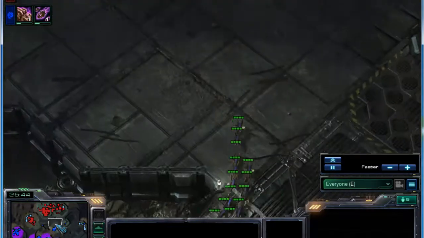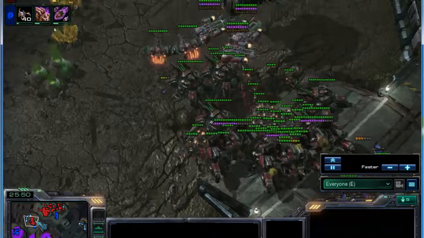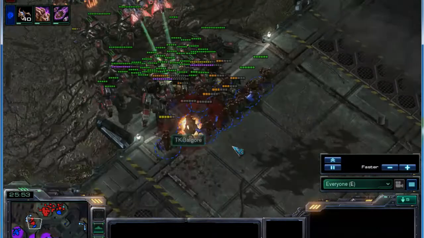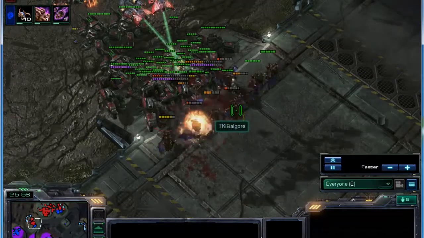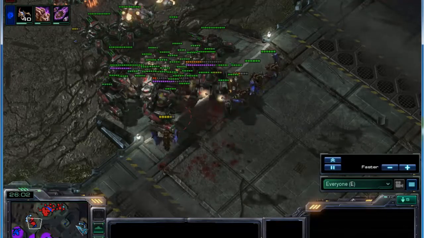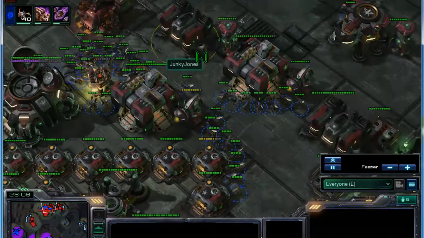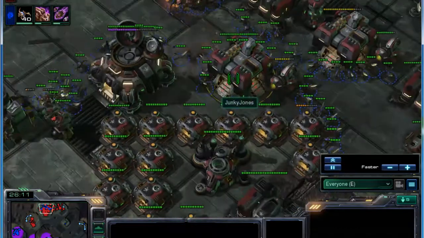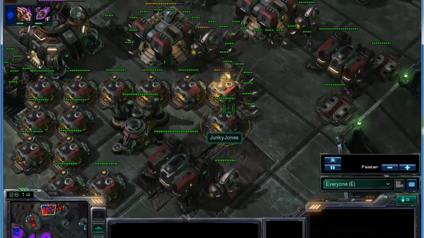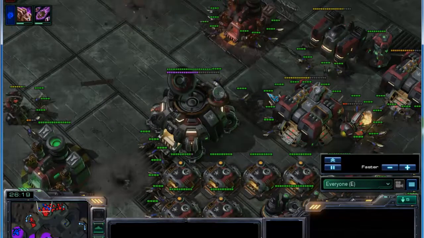I'm actually going to send the Speedlings to his main and my mutas to his base over here. And I do not magic box this time, and notice my mutas get absolutely devastated. Very poor control at that moment, but over here I am in his main, tearing it up a little bit. Gonna do some pretty decent damage here, and taking out some supply, some of his production buildings like the factories